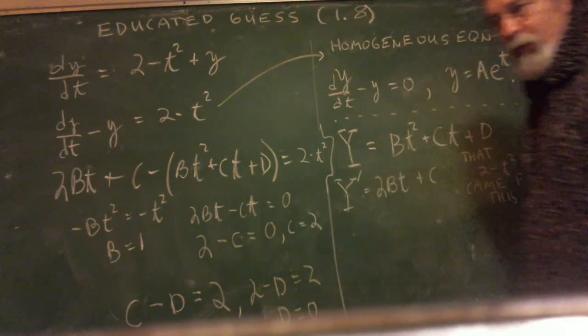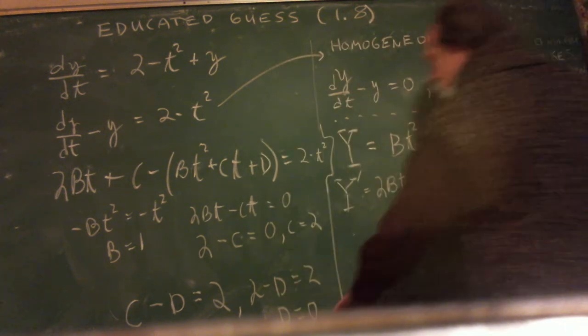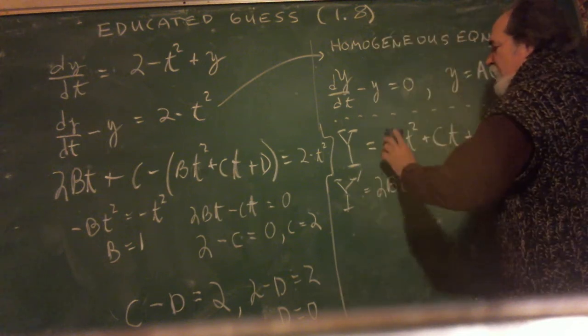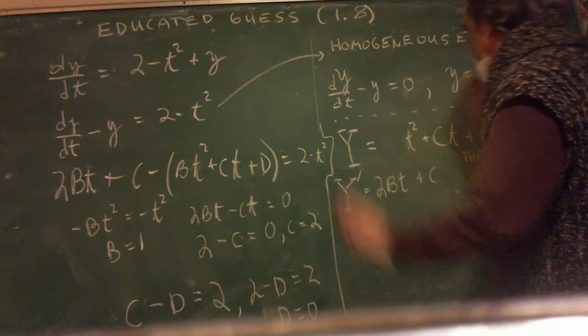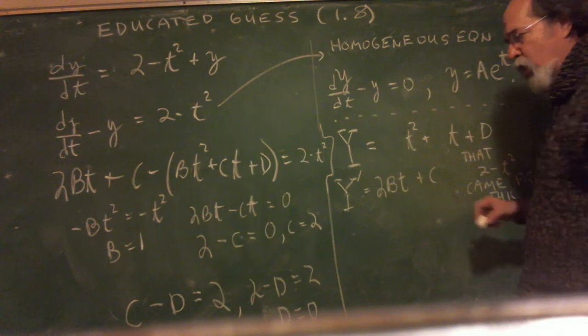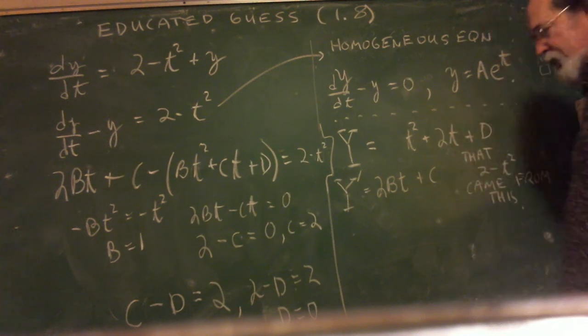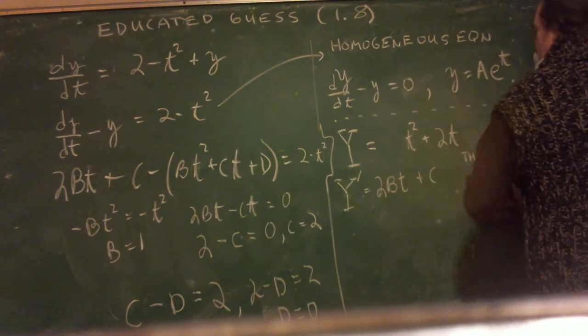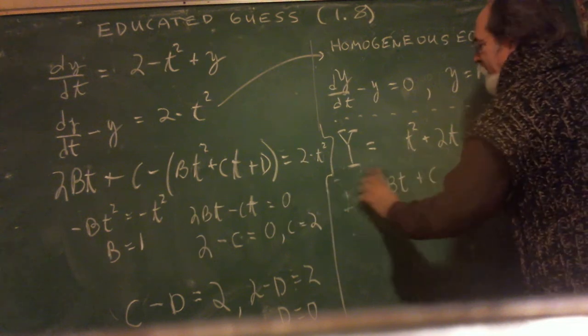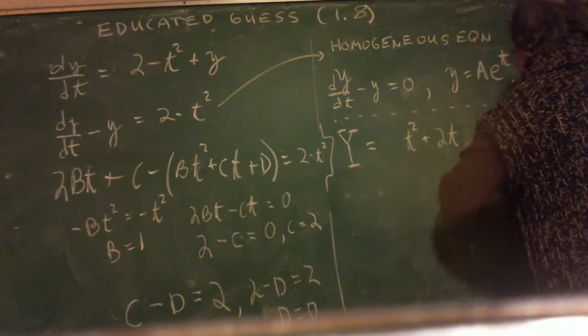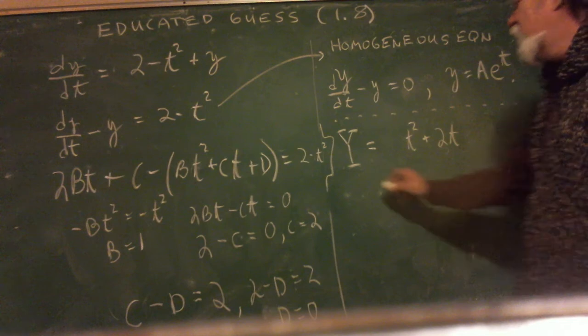So check it out. I'm going to do the hideous eraser method. b was 1, I'm going to write it 1. c was 2, and d was 0. So this is my big Y. And that means this, my solution